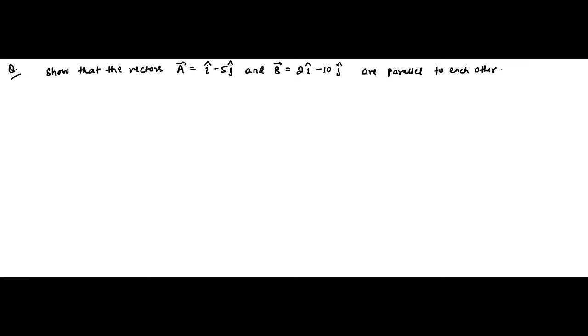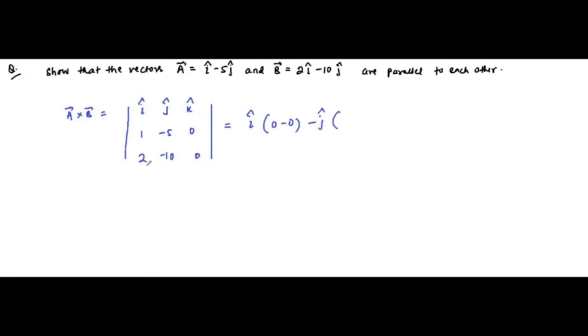So first let us find out the cross product and see what result we are getting. A vector cross b vector is simply the determinant of i cap, j cap, k cap, the x, y and z components of a vector, and the x, y and z components of b vector. So it is i cap into 0 minus 0, minus 5 into 0 is 0, minus 10 into 0 is 0, minus j vector, 1 into 0 minus 2 into 0, which is again 0 minus 0, plus k vector,